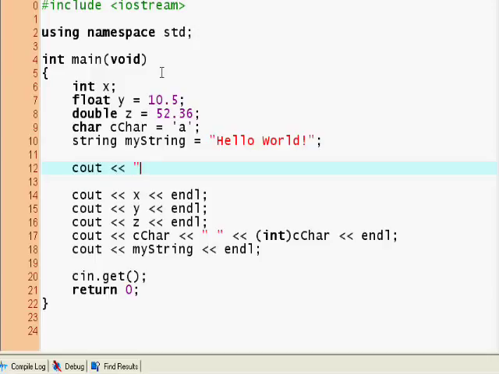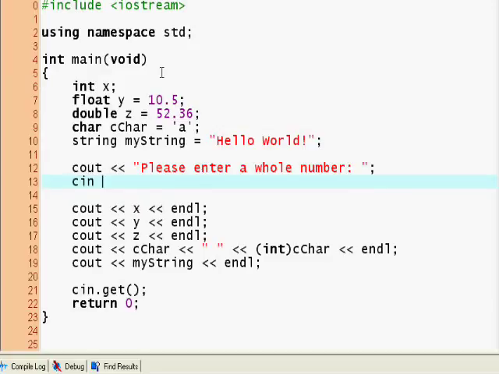You have to give them a direction, otherwise they won't know what to do. So please enter a whole number. Let's keep it at that. So please enter a whole number, and now we use the cin operator. Well, it's pretty self-explanatory. Cout, output. Cin stands for